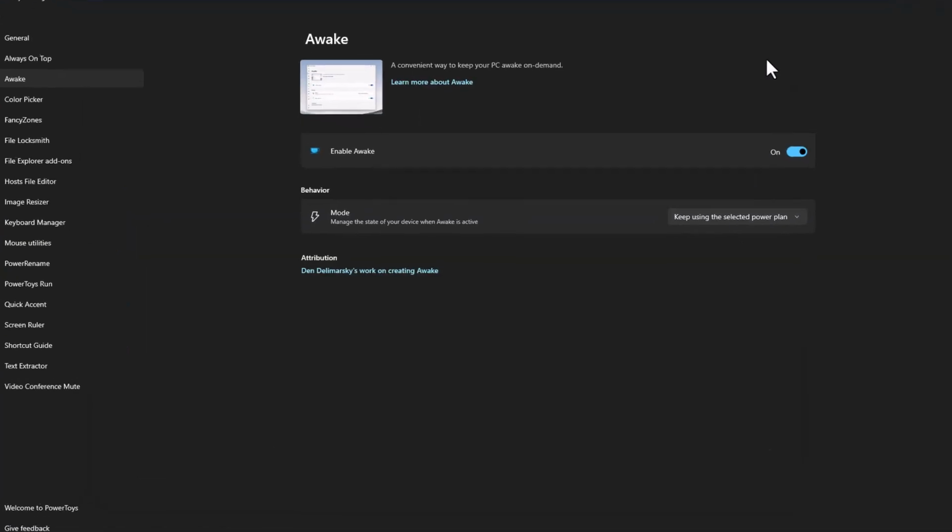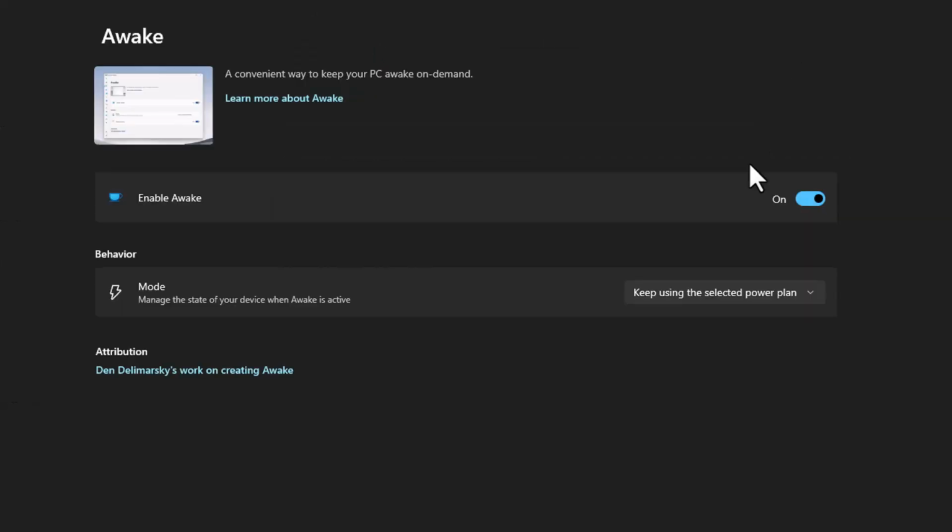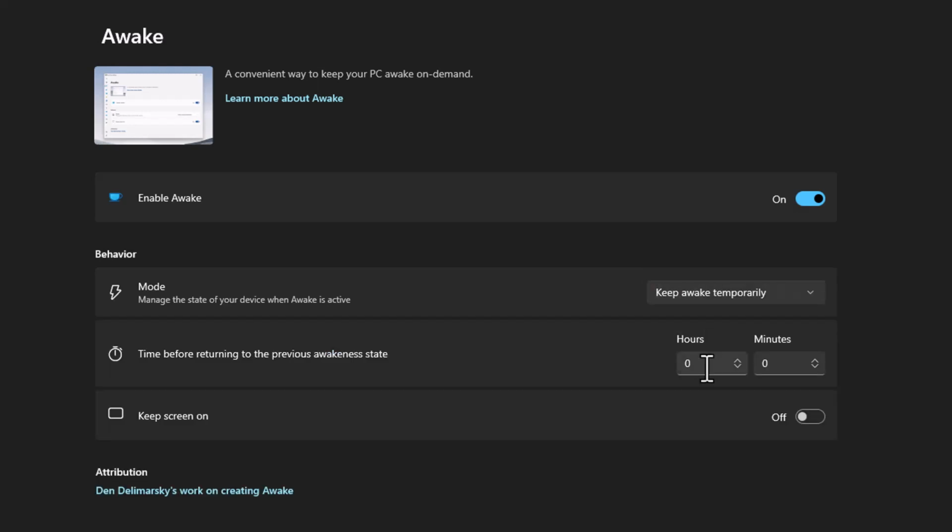power settings. There are so many times that you would like to prevent your computer from going to sleep because you want to complete a task, or maybe you want to leave your computer to run a job while you are taking a break. You can select to keep your computer awake indefinitely or specify a duration in hours and minutes. You can also prevent the screen from turning off.